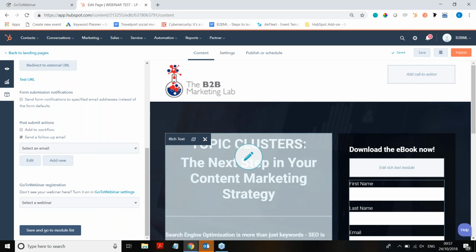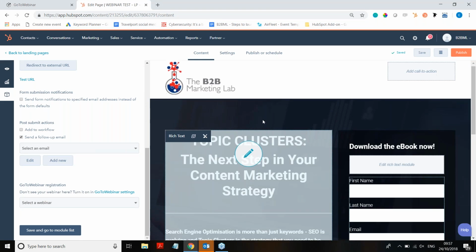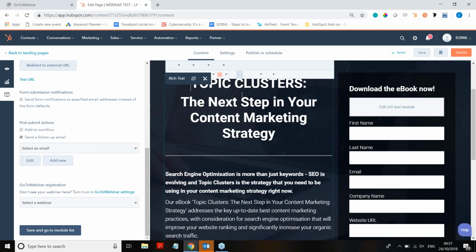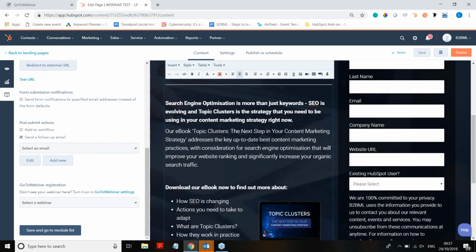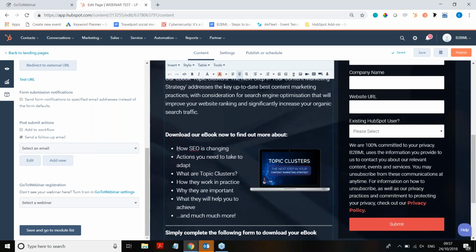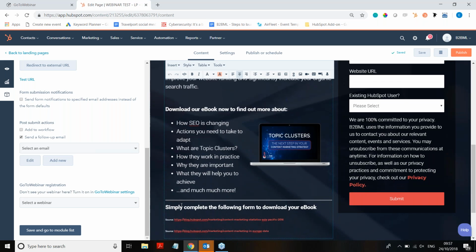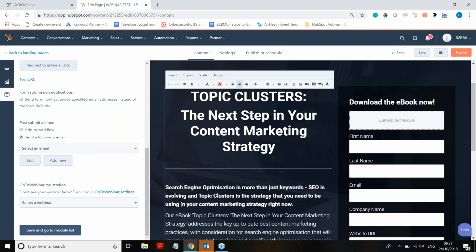So as you can see, this is the editor. Everything's really easy to edit. If you just click in here, you can edit the text. We've also included an ebook thumbnail, and a few bullet points here as well, and then a call to action at the end to point people towards the form. You've also got your form here,